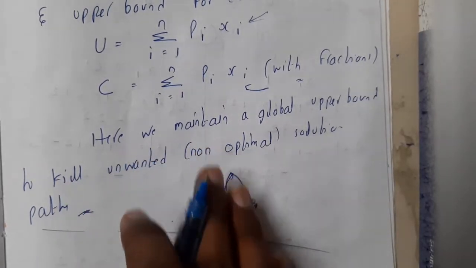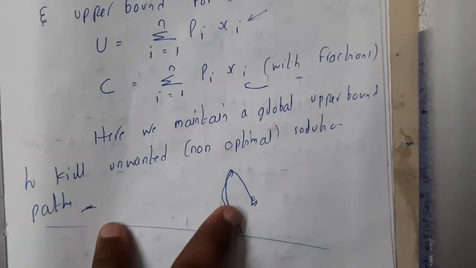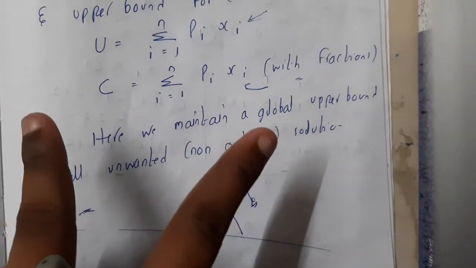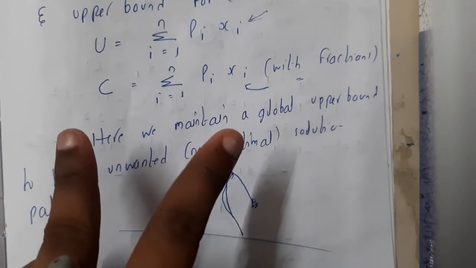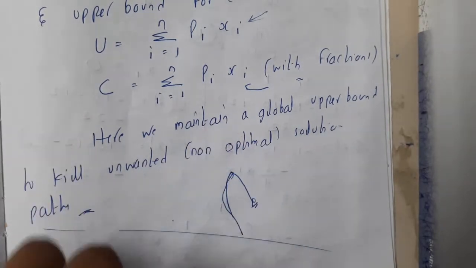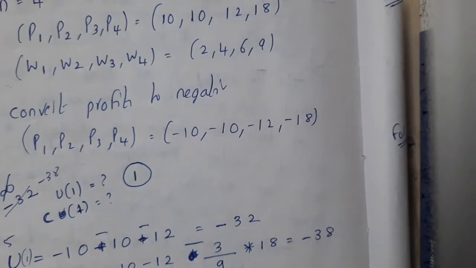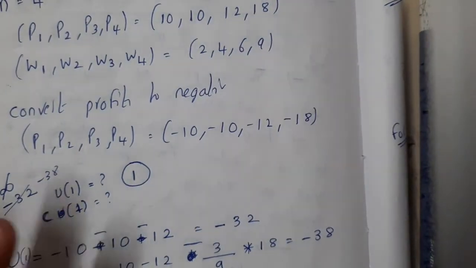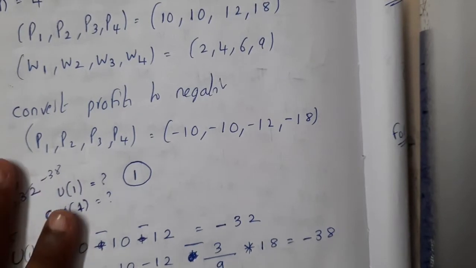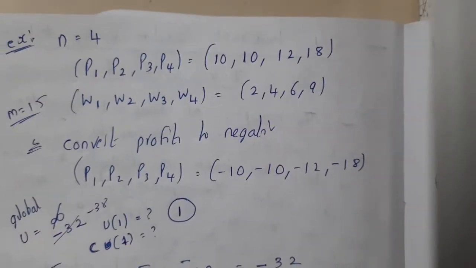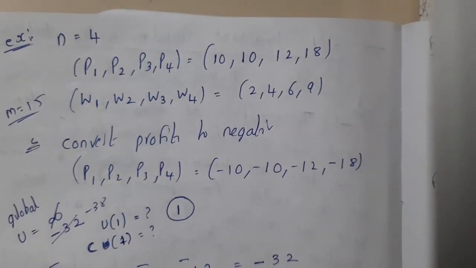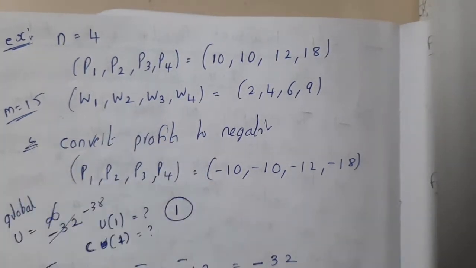That is the trick we'll be using here, guys. We'll expand the nodes and compare which of these is the best, and avoid the other. I'll not be solving the problem on paper, because the same method which we did in the previous lecture is what we will do again here. We'll select the first 3 items or first 2 items based on the weight, taking one in fraction and one without fraction.